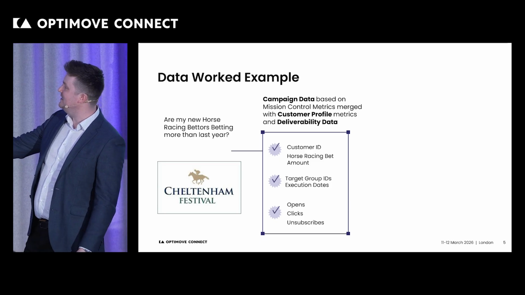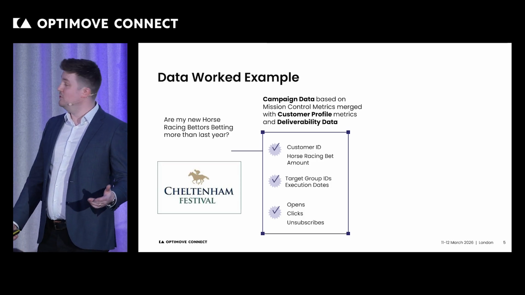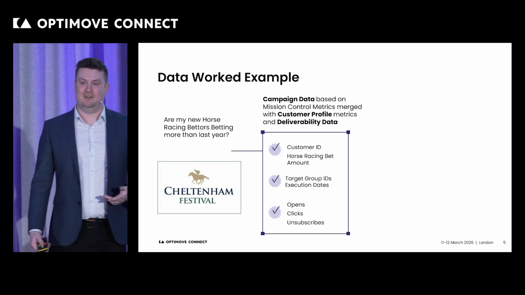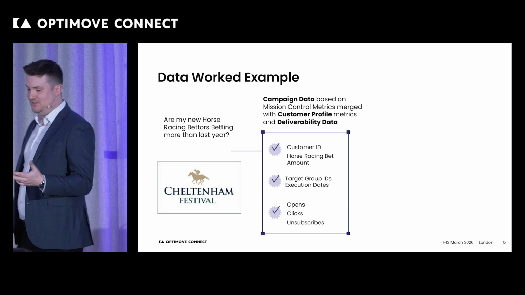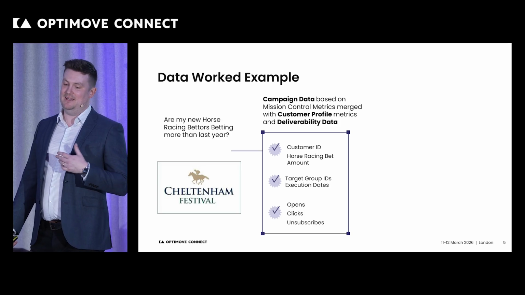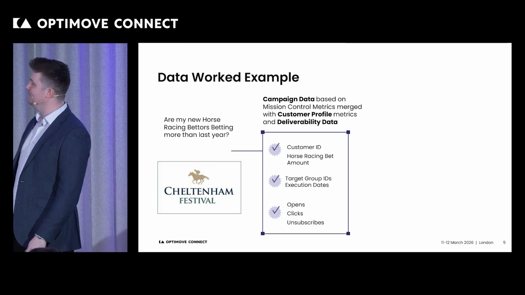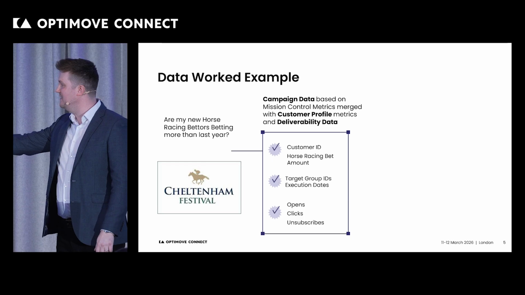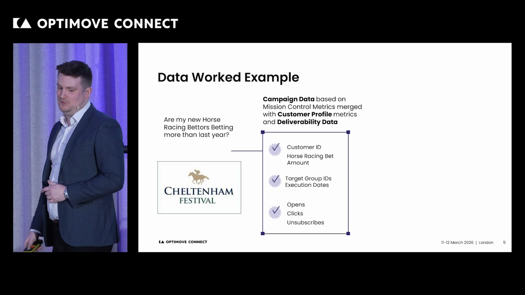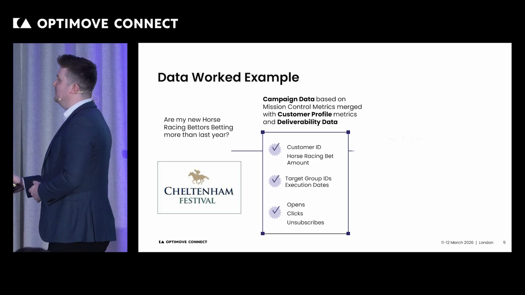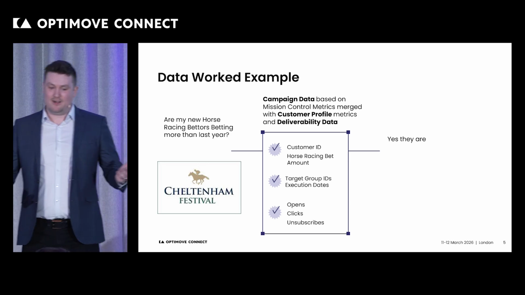If we look at the campaigns, we'll be able to figure out, okay, well, who's actually been sent a campaign that may have driven this information. We can see the response rates. We can see whether our campaigns are actually working. And just to be a completely onerous person as well, we probably want to make sure that our campaigns actually affected that as well. They want to make sure that those campaigns were engaged with by the users. So now we can layer in our deliverability information here at the bottom, see who engaged with it, who opened, clicks, maybe if we were driving more on subscribes. And then this is going to obviously put us in a position where we've combined all of this together and we can say, yeah, actually, they are betting more than last year.